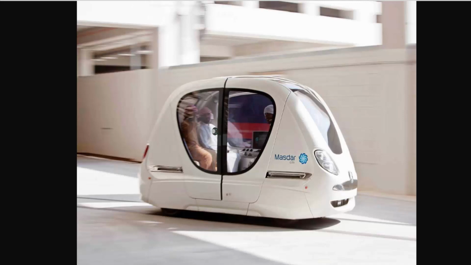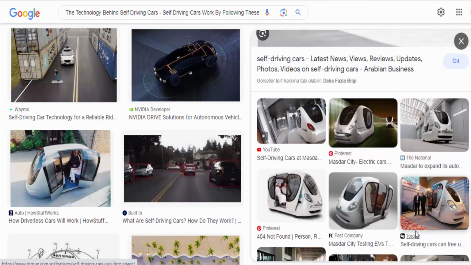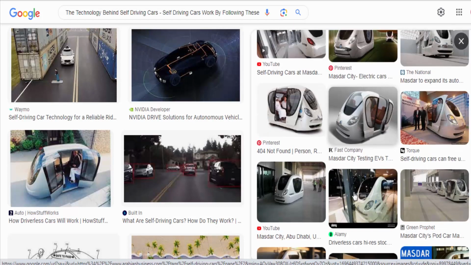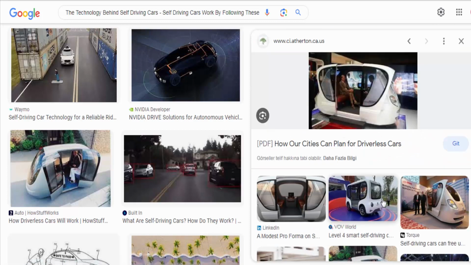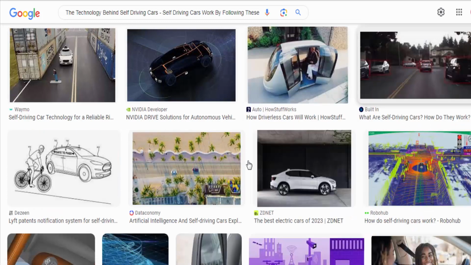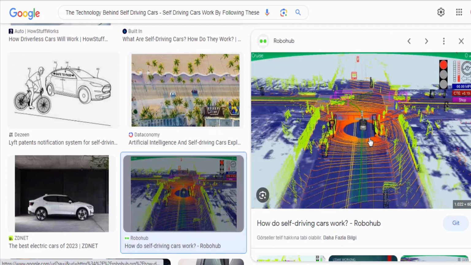Cybersecurity. Self-driving cars are vulnerable to cyberattacks, so robust cybersecurity measures are essential to protect the vehicle's systems from unauthorized access and manipulation. Overall, the development of self-driving cars is a complex and interdisciplinary effort, involving expertise in robotics, computer science,